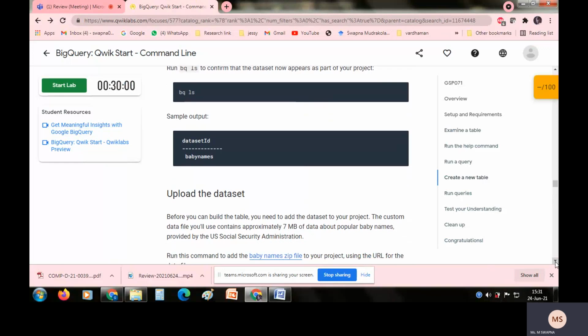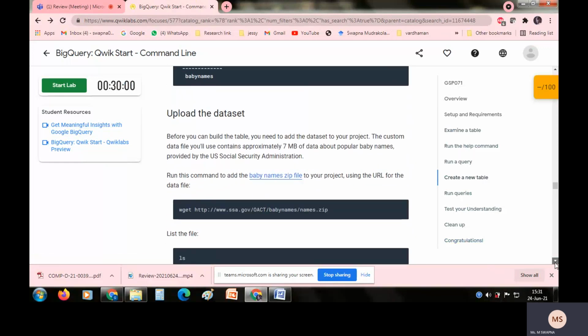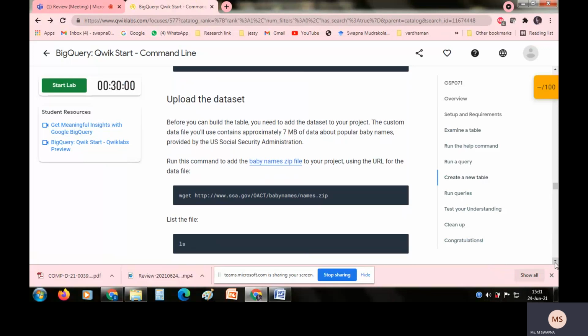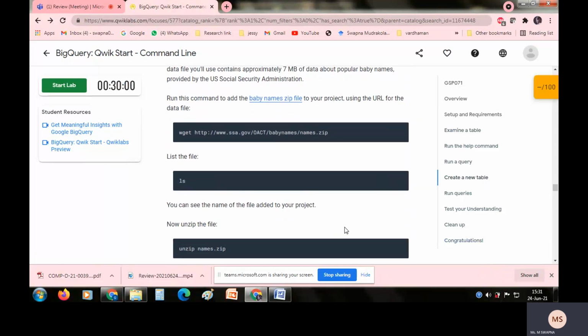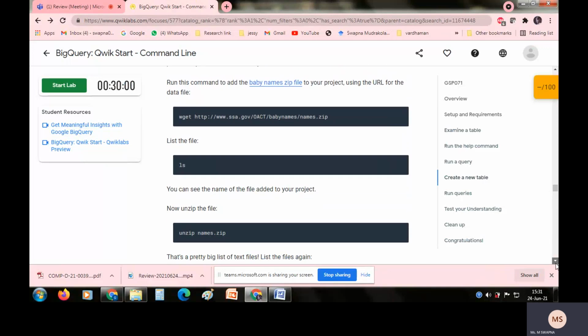Using bq ls, it shows you the list of datasets available in your project. And also to upload your dataset, I'm just writing a query, wget, with the web link I'm posting. In that particular link you have a zip file. You get that zip file, then list it, then you have to unzip it.